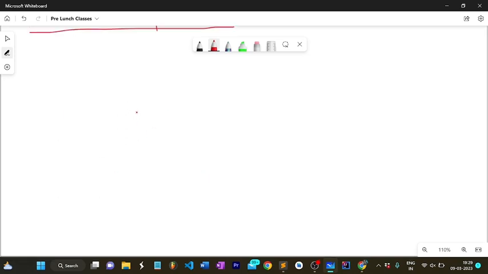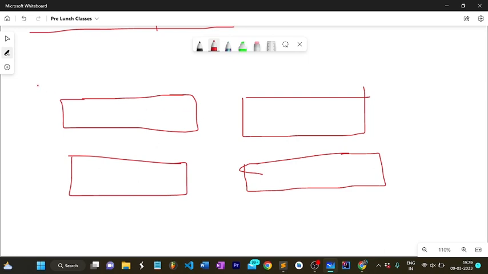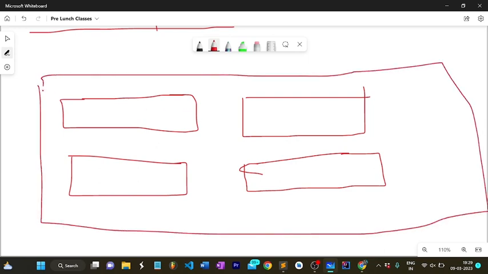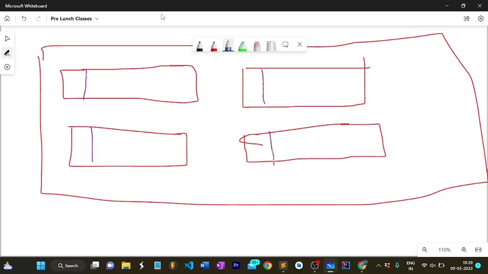So let's say that I'm constructing a matrix in a way that here is my first number, these are the bits of the number, and here I'm taking a 2 cross 2 part of the matrix, not the given one actually, but the one which we have to construct. So this is the 2 cross 2 part of my answer matrix, which I have taken as an example to explain to you. So let's suppose these are the 12 bits, the last 11 parts. As I have explained here, 2 to the power 12 is approximately equal to 4000. And so let's suppose I am taking 11 bits here empty. These are the 11 bits.